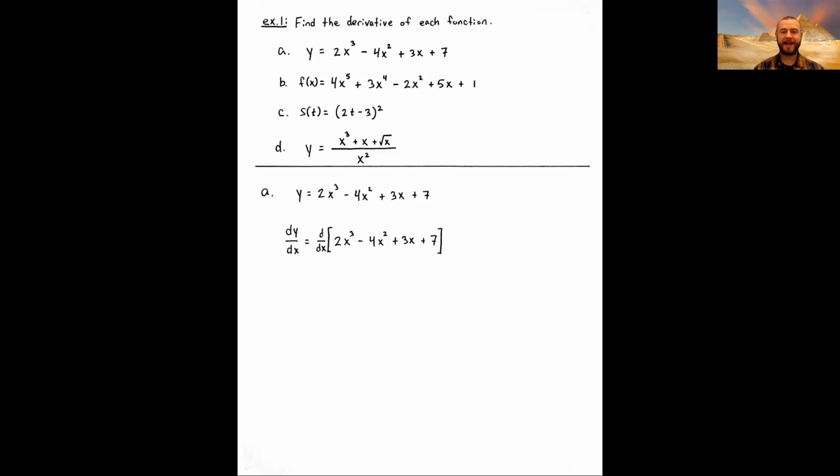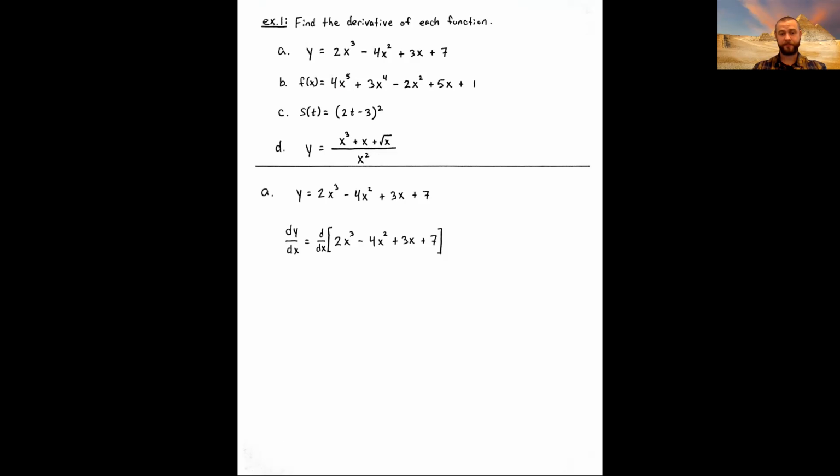All right, so let's go through part A together. I want you to notice this function y equals here, a polynomial. It's built out of powers of x being multiplied by constants, and then we're adding or subtracting, forming a sum or difference of terms. So what we can do first here to find the derivative, which we're writing